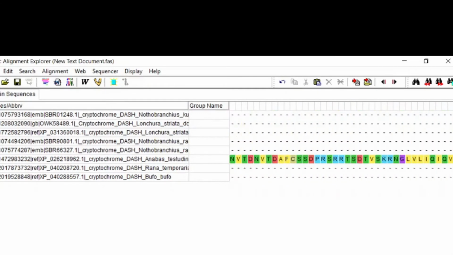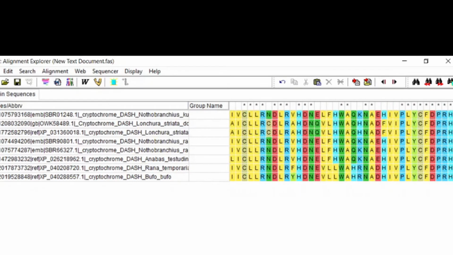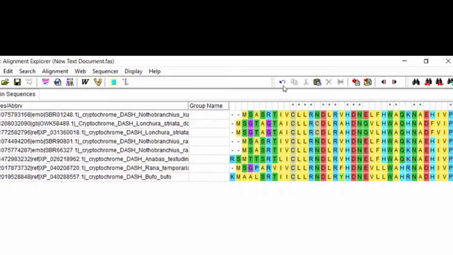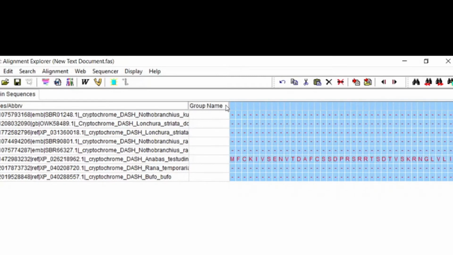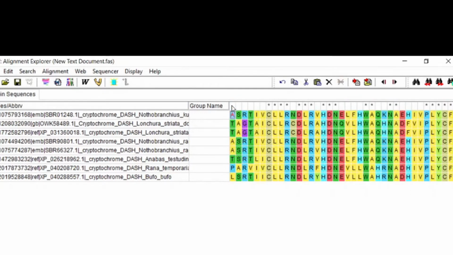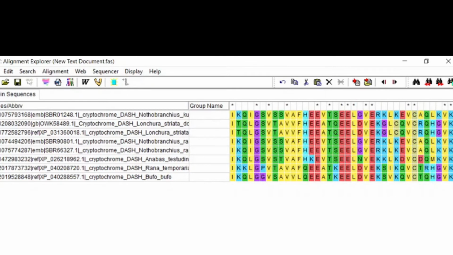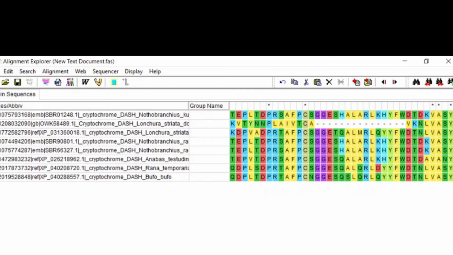If the ends are not equal, the tree sometimes becomes very biased. So it is always recommended that if possible, and if it is not hampering too much, you clear the data, as I had already shown in the last video. But here we are not deleting any sequence, because all the sequences are almost in alignment.